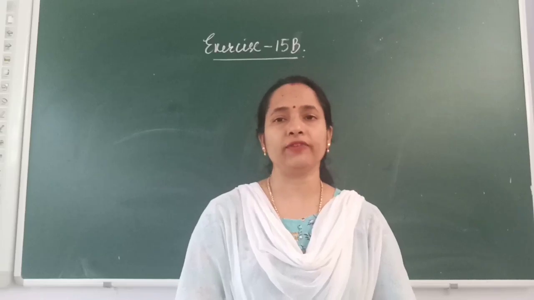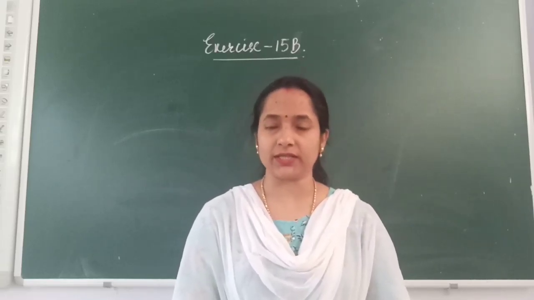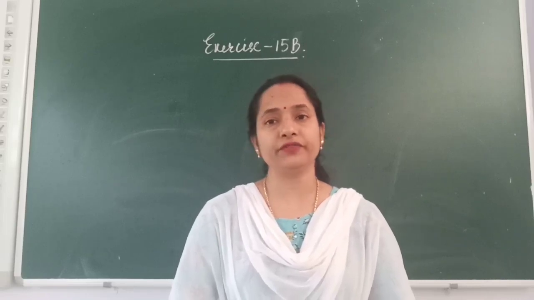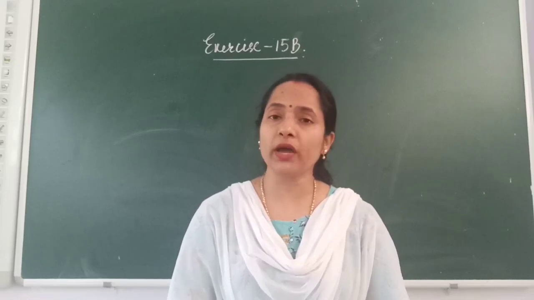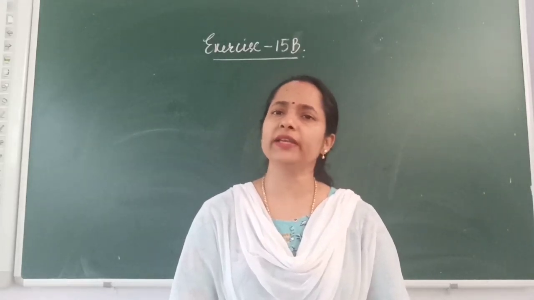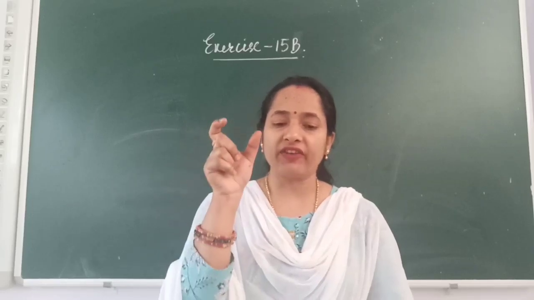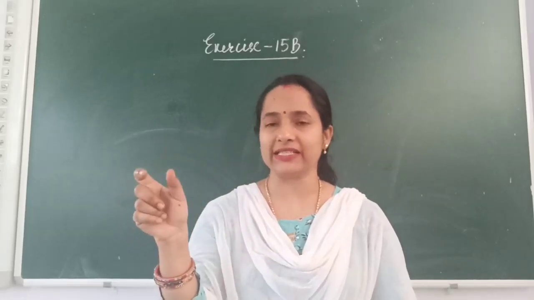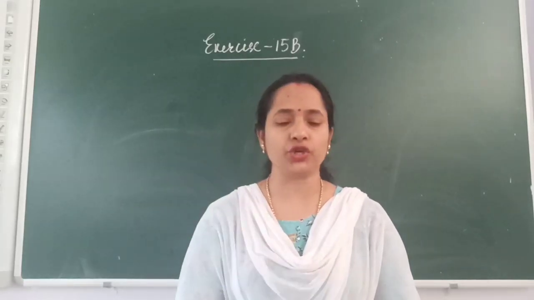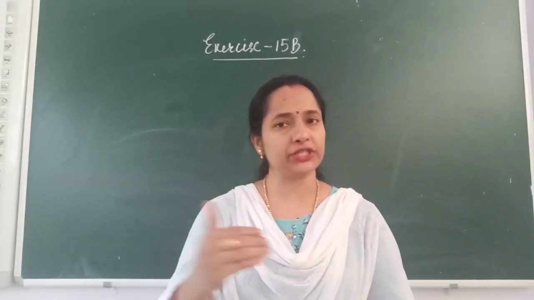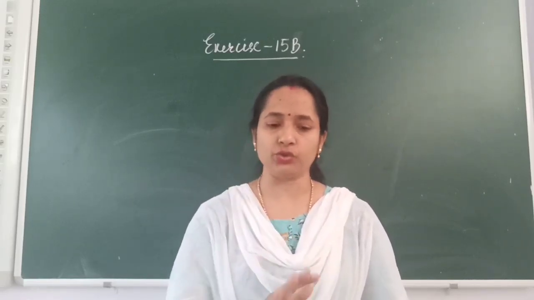In bit C, you are given a square of perimeter 100 centimeters. Here, the only information you have is the perimeter of a square. But what are you asked to find? You are asked to find the area. Don't go by the question where it is written find the area of each rectangle. Actually, it should be written find the area of each of the following. So, here two questions are based on squares also. Whatever is asked, you do that.